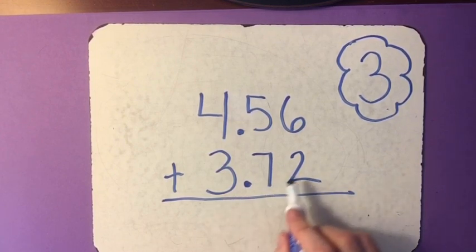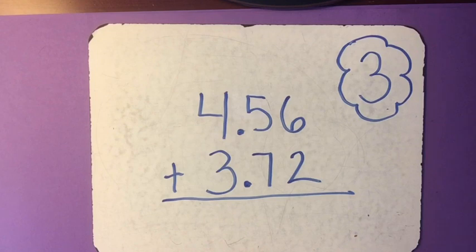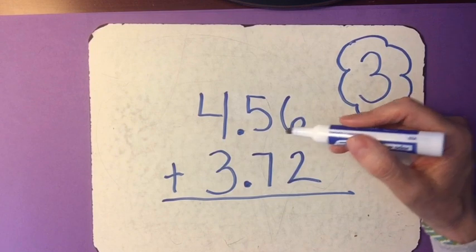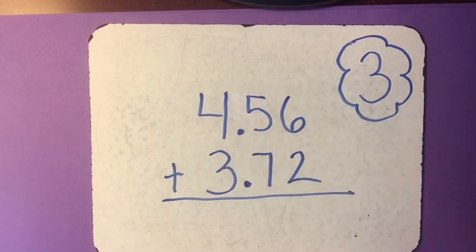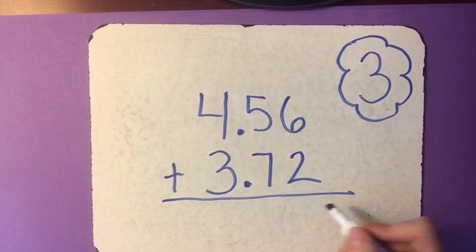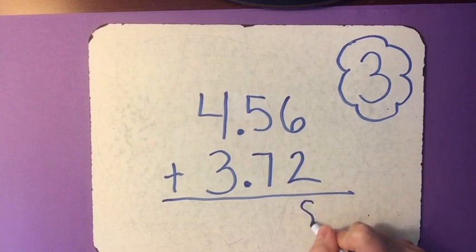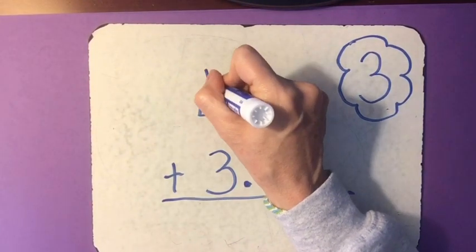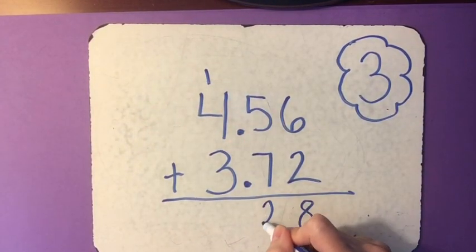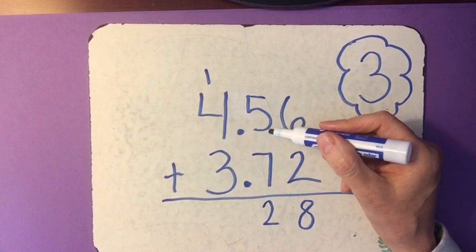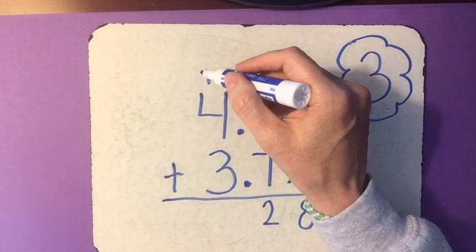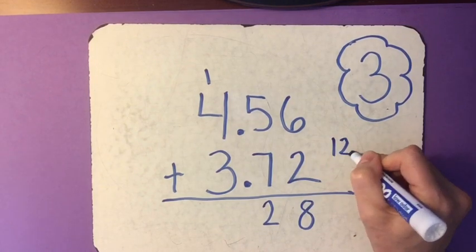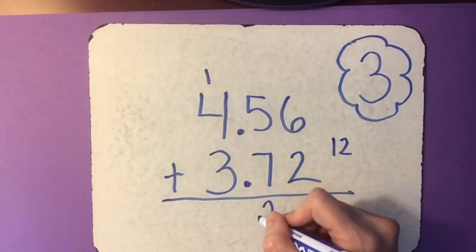So now this looks a little bit different than it did before, but the rules aren't any different. You just add the hundredths column, then the tenths, and then the ones. So let's go ahead and do this one together really quickly. So 6 plus 2 is 8, 5 plus 7 is 12, and the way I like to carry the 1 is I like to write whatever the answer is, so 5 plus 7 is 12. So I write the 1, 2, like I'm writing the number 12 left to right so that I know to